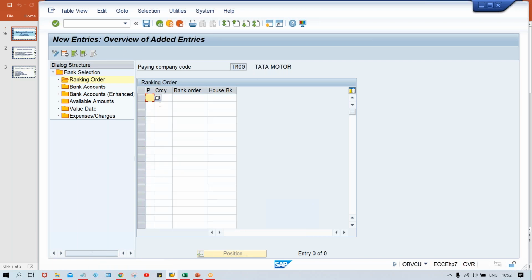So here what is happening, guys, first of all the payment method: I'm going to give payment method T that we are using, right? Currency, you can give whatever currency is there. Rank order, so house bank. Priority here we are going to give 1, 2, 3, 4. So rank order 1 means